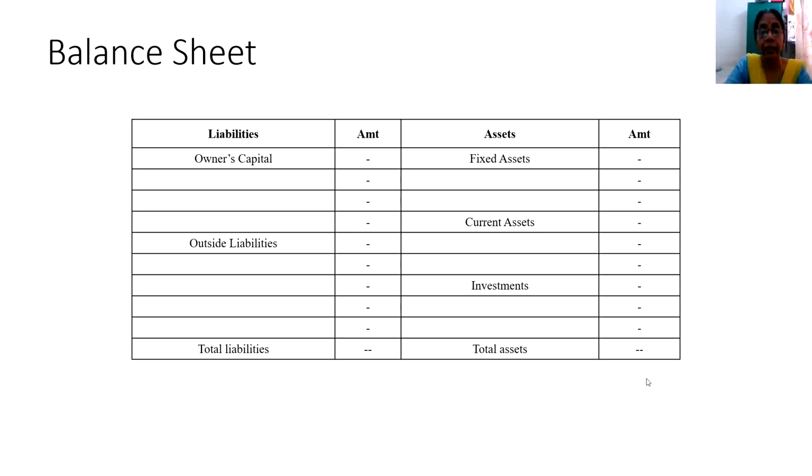On any given date, since I'm talking about a statement, I mention it specifically as a date. I am not referring to this as a period. The word period is different from that of the date. Period refers to a series of dates. It could be a month, it could be a year. But this balance sheet is a statement which has to be prepared on a particular date.